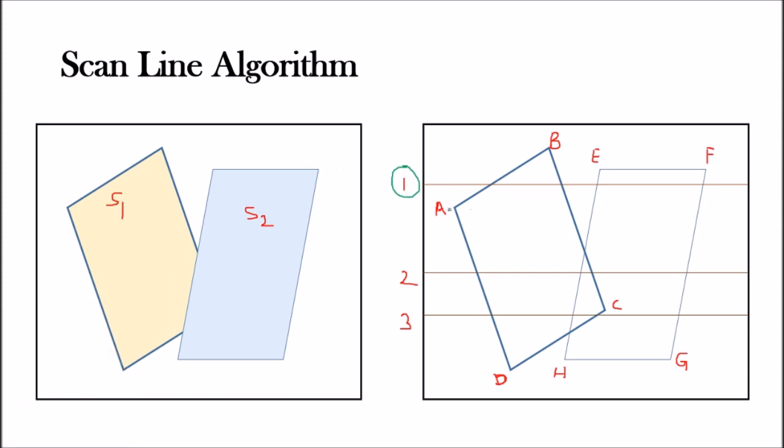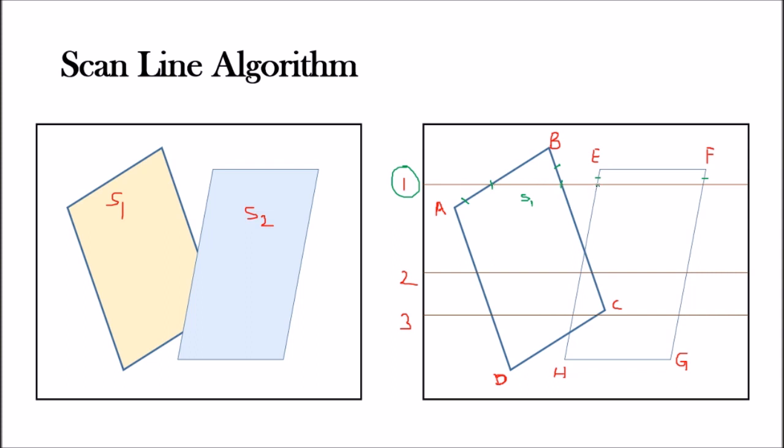In scanline 1, there are edges like AB intersecting with the scanline, BC, then EH and FG. So in the active list, those are the edges available. Whenever the scanline is moving from this point till this point, only surface S1 is available, meaning the flag for S1 is on, so there is a single surface between the intersections of AB and BC. So no need to calculate the intensity. Whatever intensity or color surface S1 has will be transferred into the refresh buffer from this point to that point.